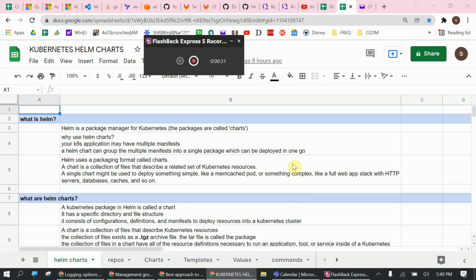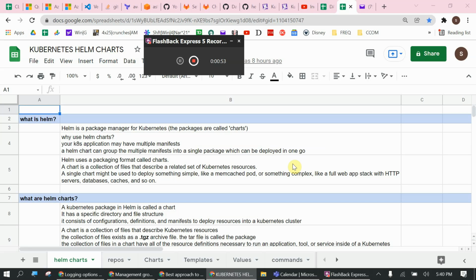And in Kubernetes, the way you would deploy each of these objects is using manifest files, which are nothing but YAML files. So for an application, you may have 5 to 6 manifest files, each creating a different object in a given namespace. So that's Kubernetes. Now,